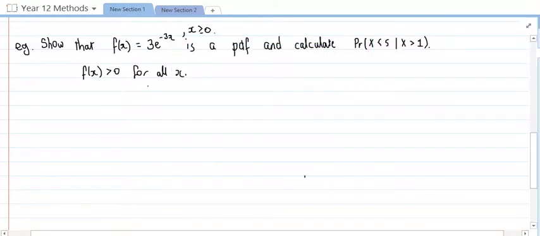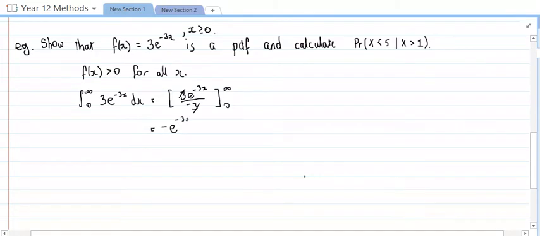So the integral between 0 and infinity of 3e to the negative 3x dx is equal to, now the negative 3, we divide by that, so we've got 3e to the negative 3x over negative 3 between 0 and infinity. So the 3's just cancel each other out, so we have negative e to the negative 3x